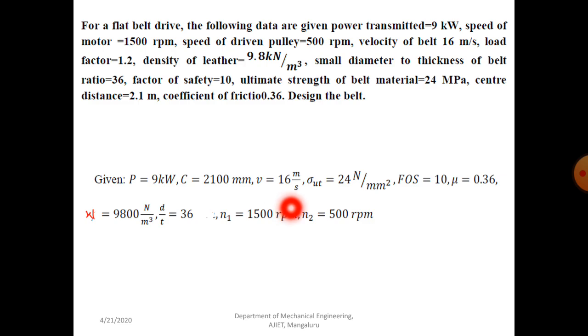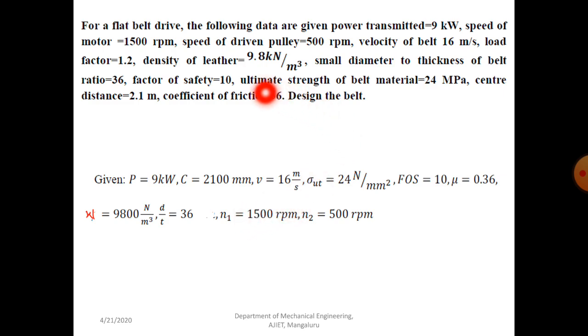So that value is 16 meter per second, velocity of the belt. That can be used to find out either diameter or speed of rotation, because you already know the relation V equal to pi d n divided by 60,000. If thickness is considered, then you have to add thickness, that is V equal to pi into (d plus t) into n divided by 60,000. Whatever the velocity, it will be the same for both pulleys, whether smaller or larger pulley, the value will be equal.